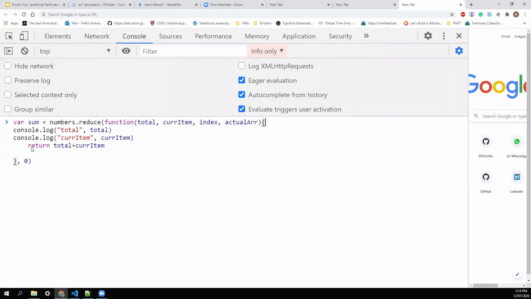Similarly, reduceRight, just the syntax will remain the same. The order of execution will be different. Now, if I change the reduce method to the reduceRight method, the signature and everything is the same. Now, if I hit enter, it starts with